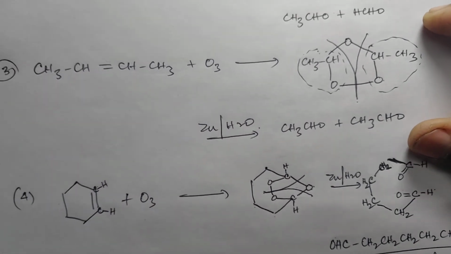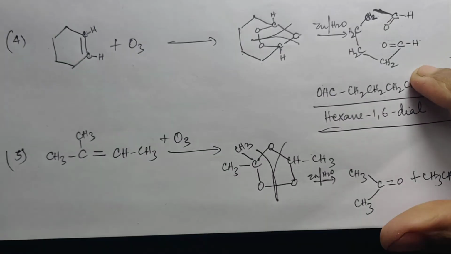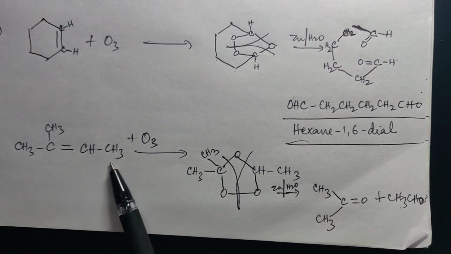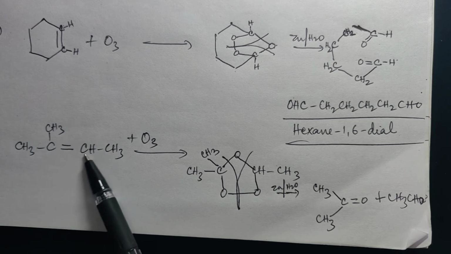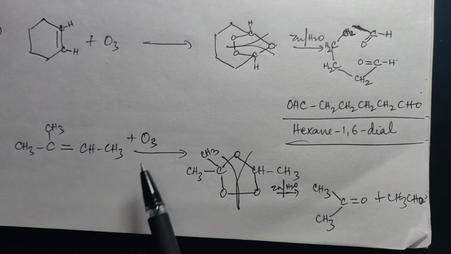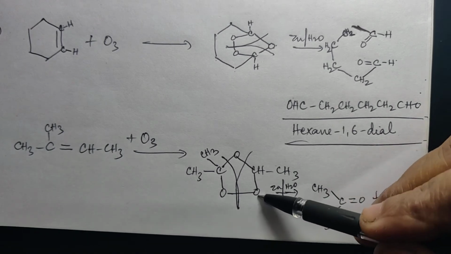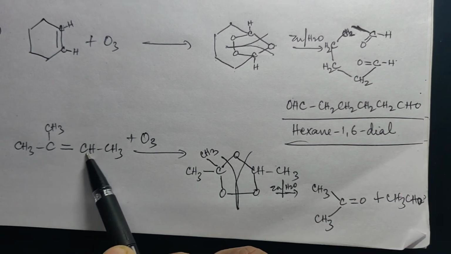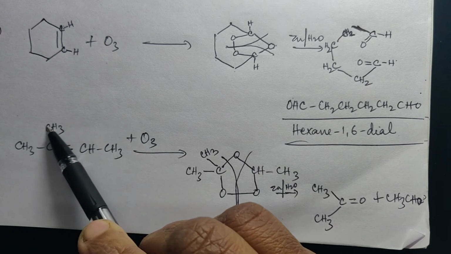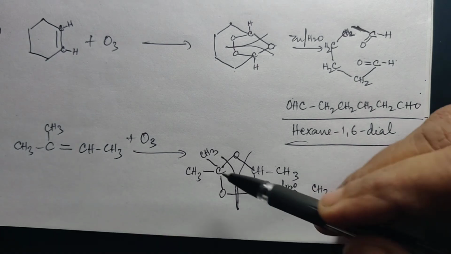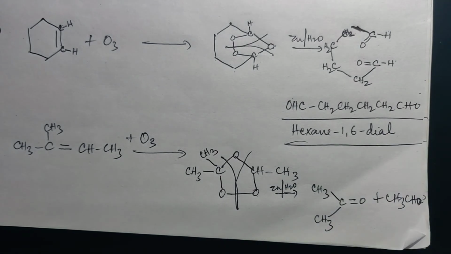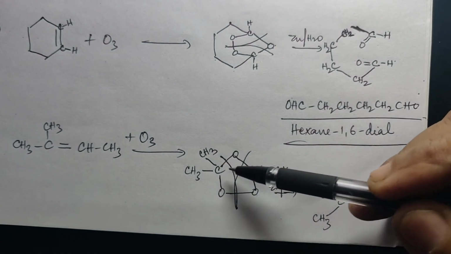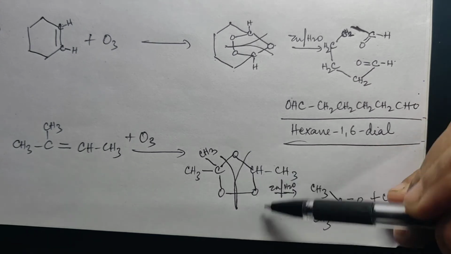Okay? Now let us see another example. Say you have this compound. Again, between these 2 carbon atoms, you have to add the ozone molecule. You have added. You have to be careful here. This carbon and this carbon alone should be involved. So you will not bring the CH3 in between. Put it in the corner. Between the 2 carbons that have the double bond, you place all three oxygen atoms.